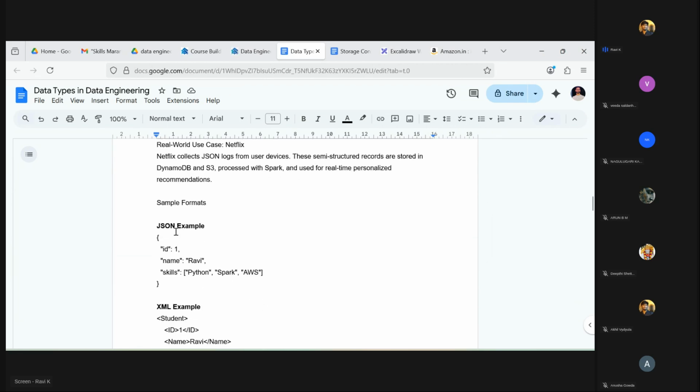In that case, let's say I wanted to give ID 1, then that ID 1 will fetch me my name and my skills, everything. Now if I give 1, it will hit that API and give me the results in JSON format. So this is how JSON looks like. For your information, JSON means JavaScript Object Notation.